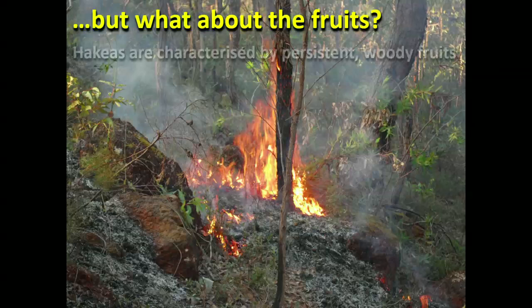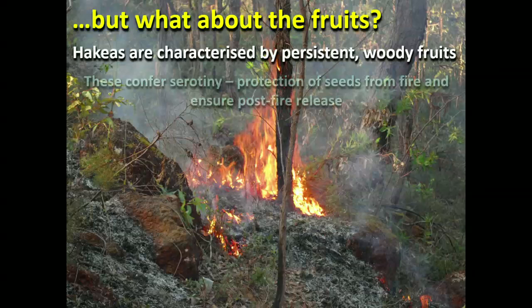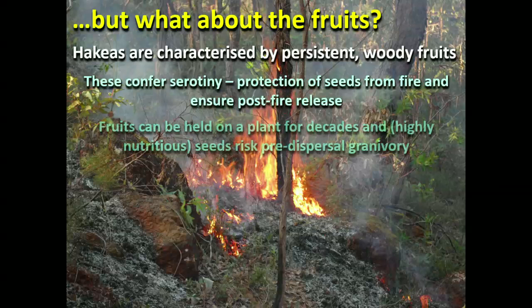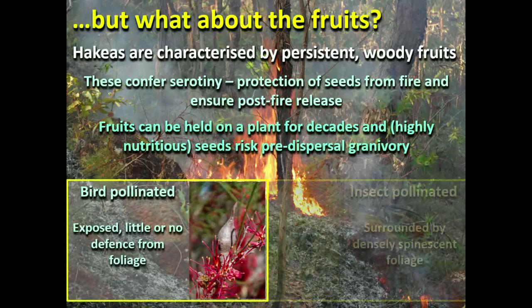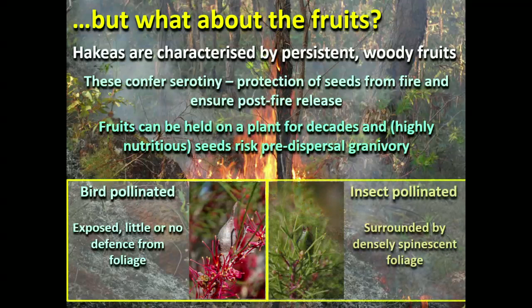That was all very nice, but we had a nagging problem, and that nagging problem was that the genus Hakea is actually defined by the possession of persistent woody fruits. If you're producing these very apparent inflorescences, if you're bird-pollinated, then presumably the fruits are also apparent in the environment. And they could be apparent and accessible for decades, because one of the things that hakeas do is they're serotinous, and that means they're storing seeds in the seed cone for maybe 10, 20, 30 years or more, and that resource is then potentially available to things in the environment that might want to eat those seeds.